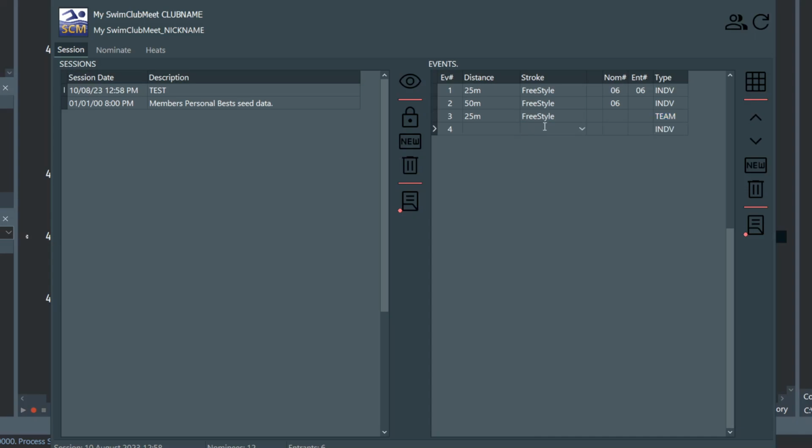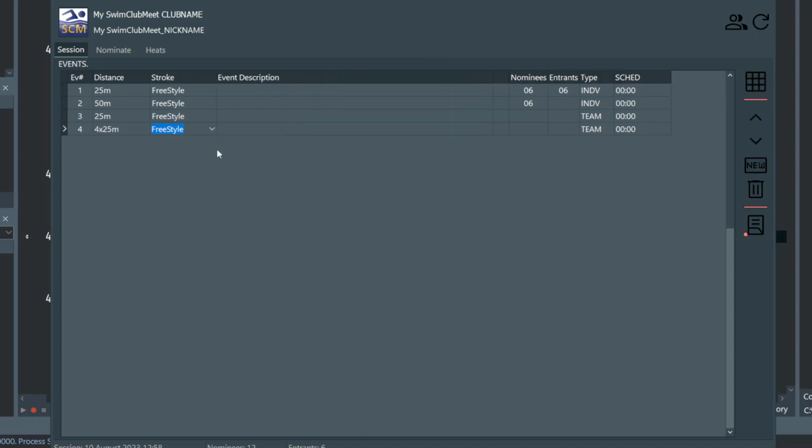Let's make another event, and this time in the drop down we'll have 4x25. Now that sounds like a relay to me. So just for the sake of it, I'll turn that into a relay because at the moment that's the only way of doing it. So I thought, get rid of this column, we don't want it, and just give these additional options for distance, and suddenly we understand, that's a relay. And I don't know, maybe even by default,